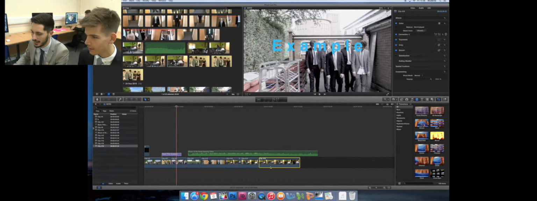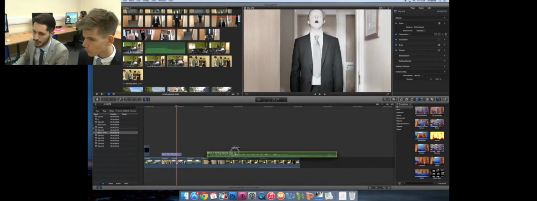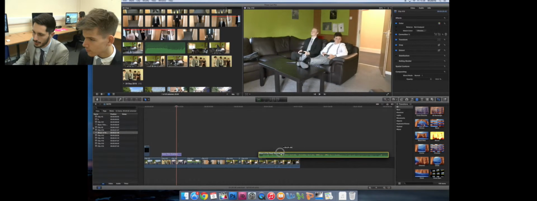Yeah, that one. And you see there's what we call a waveform down here. So that shows you where your peaks and troughs of audio are, so where it's louder and where it's quieter. What you would then do is take your recorded audio and try and match up those peaks and